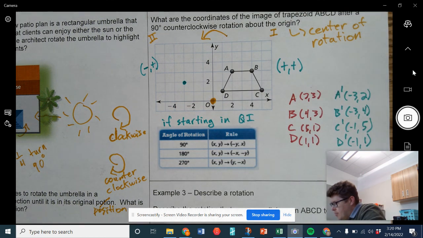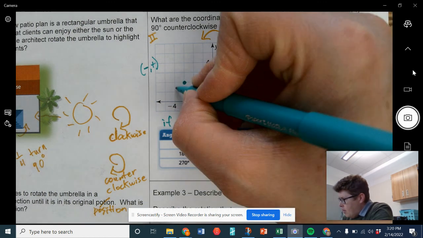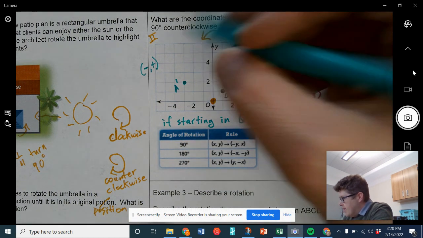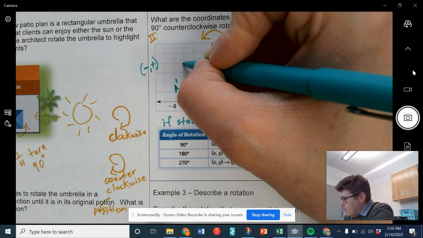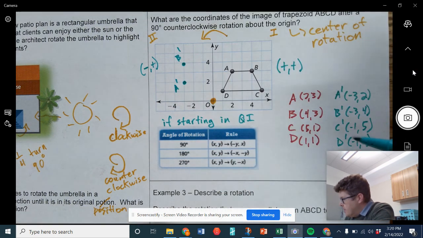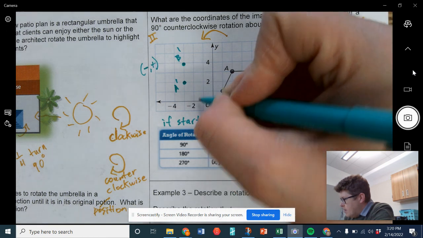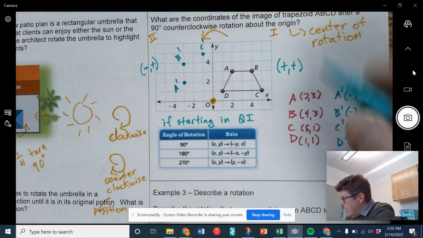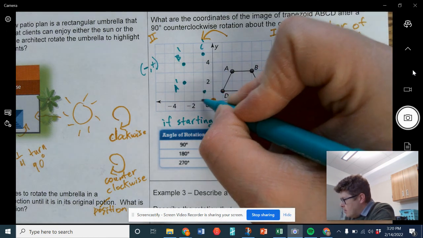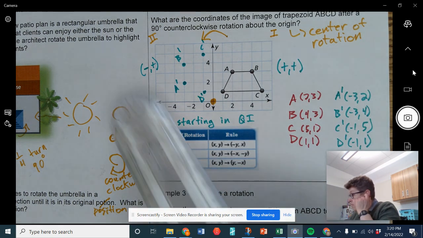Let's see, where do I want to put my... Boom. Okay, B prime is negative 3, 4, so over 3 and up 4. Okay, C prime is negative 1, 5, so over 1, up 5. And then D prime is negative 1, 1, so right there. Okay, and now use your ruler